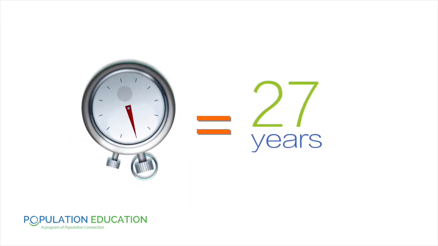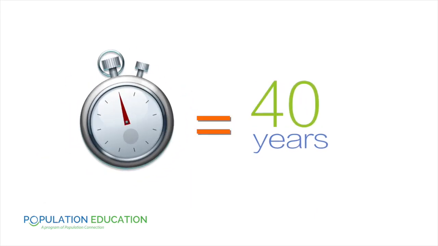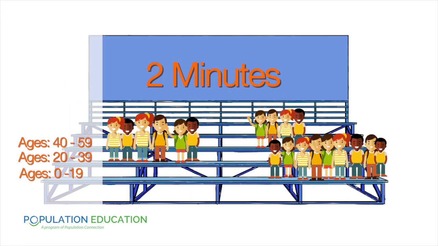After the next minute has passed, you can see our original 2 couples, 4 students, are within the ages of 40 to 59. And our 6 students that have now entered their childbearing years can form 3 couples. So each of these 3 couples are going to have 3 children. So that means we'll add 9 students to that bottom row. At this point, we have 19 students total on the bleachers.